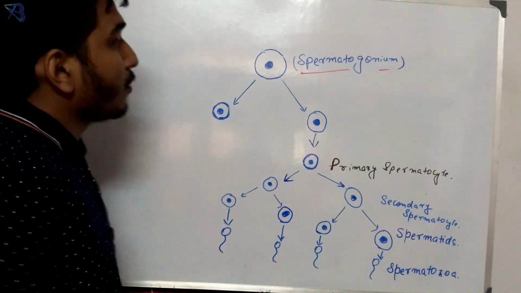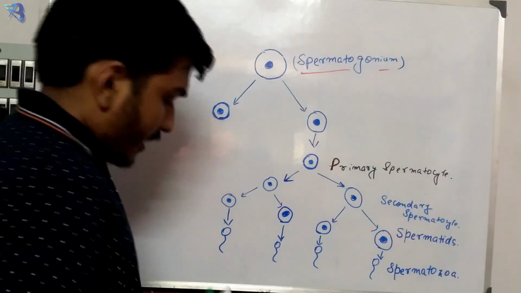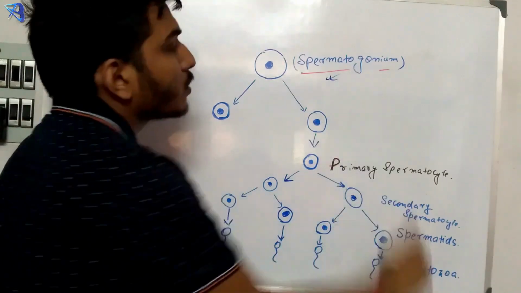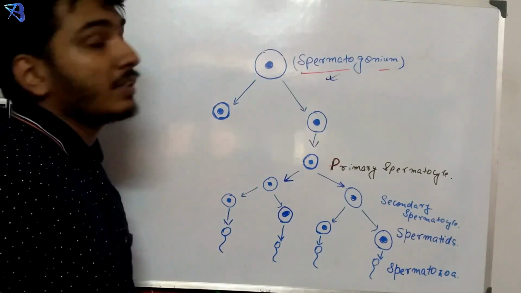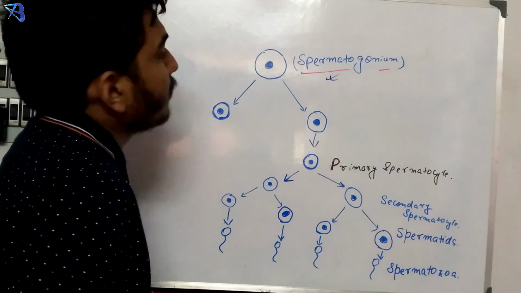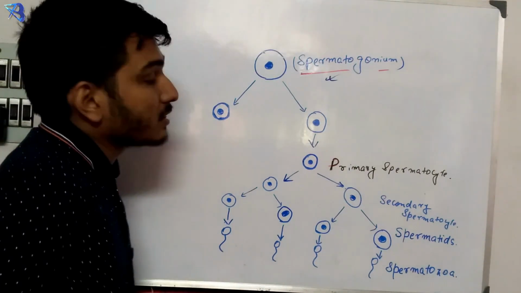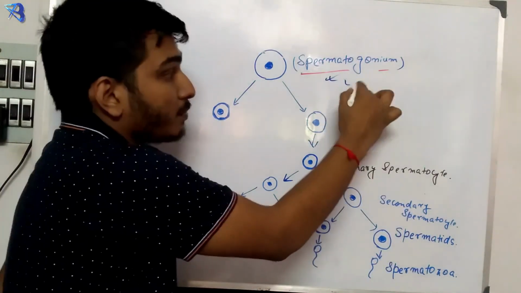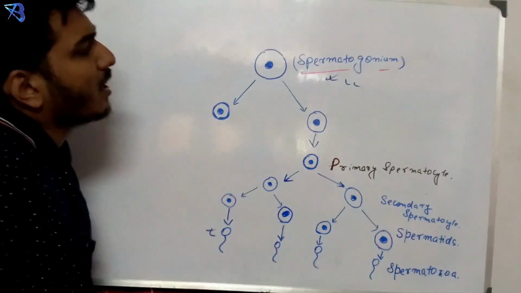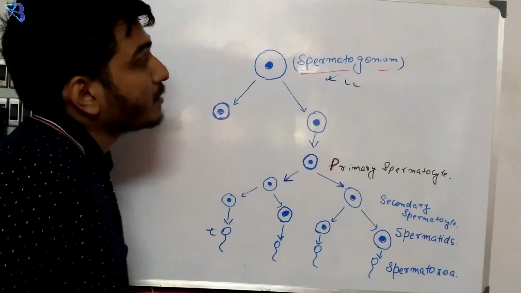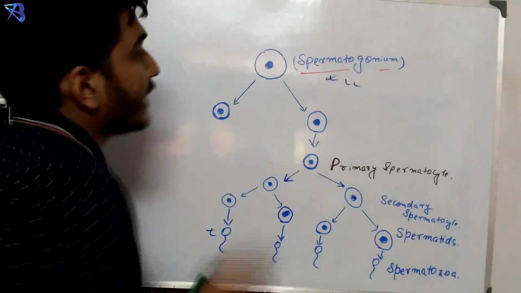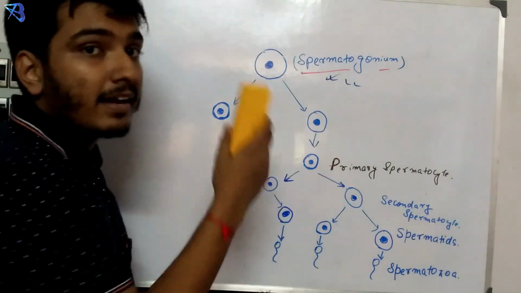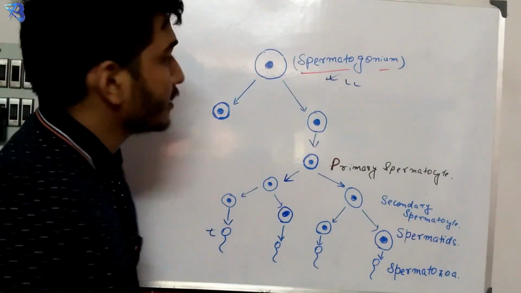So now let's start the topic spermatogenesis. In the last lecture, we have seen that spermatogonium cells are formed by the seminiferous tubules. Now we will see the topic of spermatogenesis, that is the formation of sperm or the spermatozoa from spermatogonium cells. The most important part that comes from this place is the chromosomal content at each stage. So we have to see where it is haploid, where it is diploid. We have to keep these things in mind.